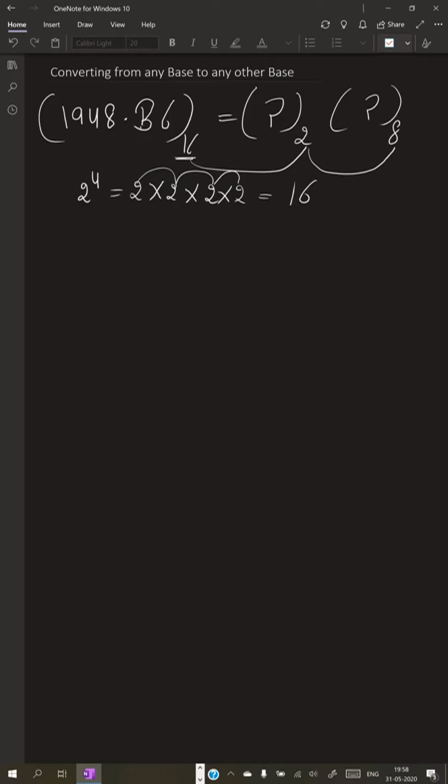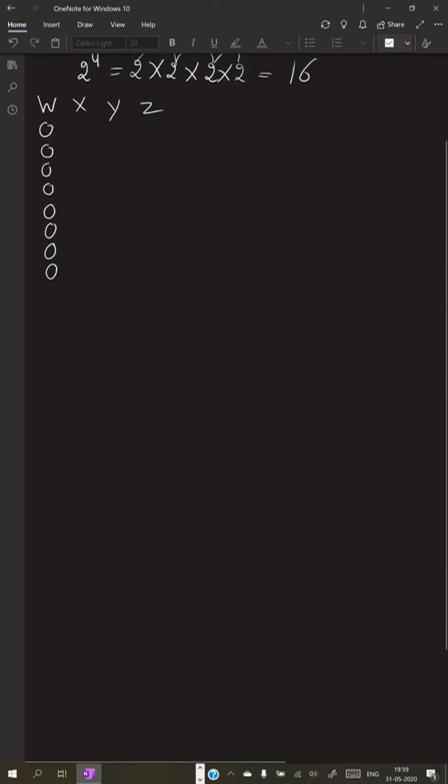First we write down the table of four variables w, x, y, z. In the first column, we write eight 0s and then eight 1s. We already know how to create this table.